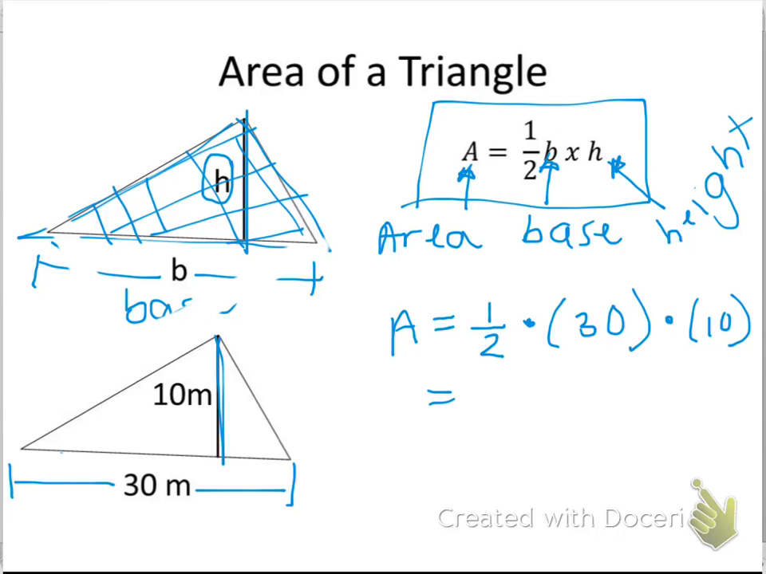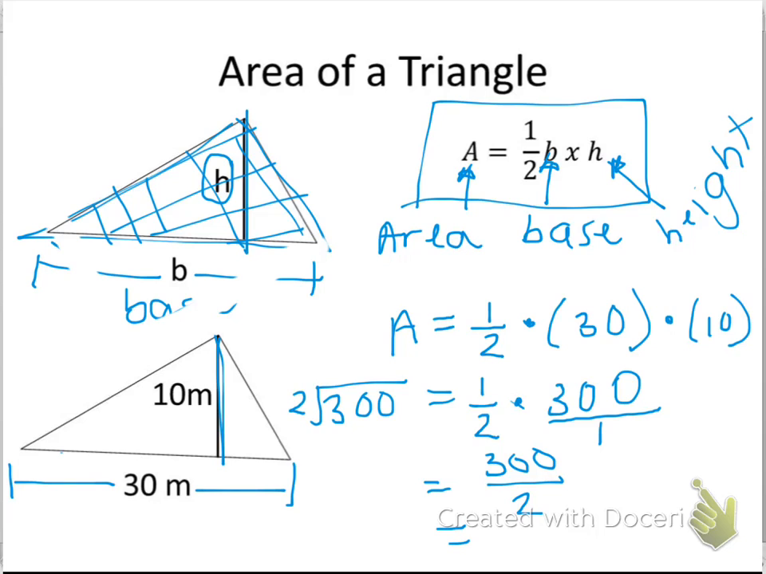Next, to make it easier, keep the half there, and then multiply the 30 times the 10. 30 times 10 is going to give us 300. And multiplying something by a half is the same as dividing it by 2. I know that because I'd write this 300 as a fraction over a denominator of 1. Then I multiply 1 times 300 gives me 300. 2 times 1 gives me 2. So for my last step, I need to divide 300